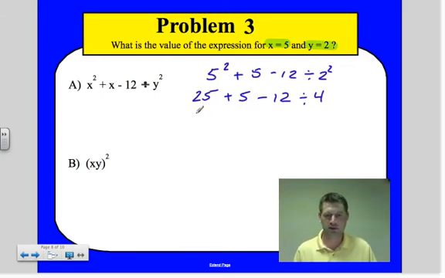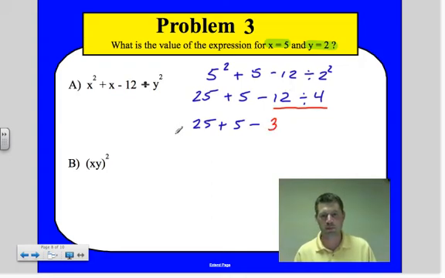And now we're going down the list. Okay, so exponents, we got that. Parentheses, we got that. Now we're at multiply and divide. So you look down the list and we say, all right, do we see any multiply and divide? Yeah, all the way down here at the end. So we actually want to do, look at this, we want to do that first. Okay, so we can write this 25 plus 5 minus, but we want to take 12 divided by 4, and